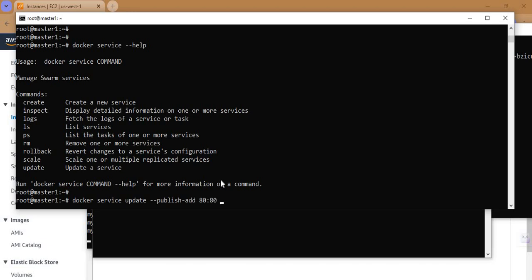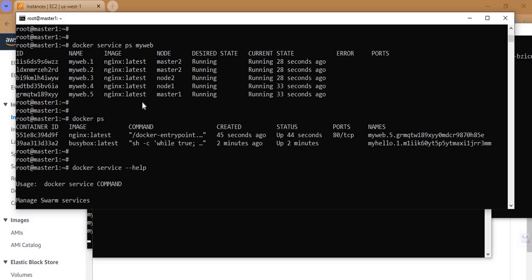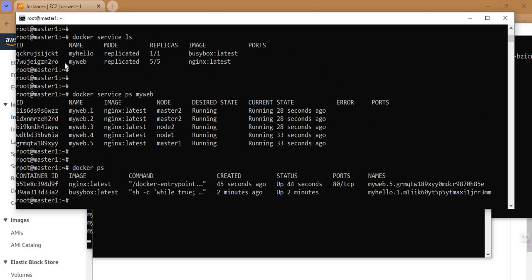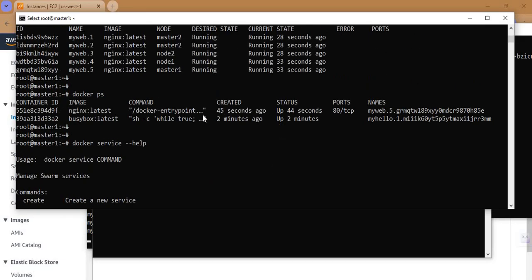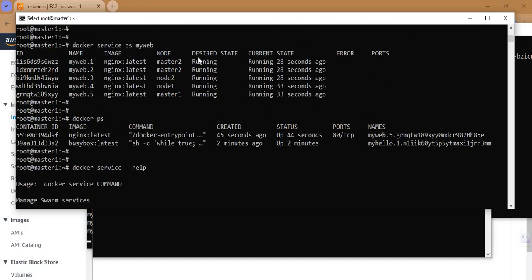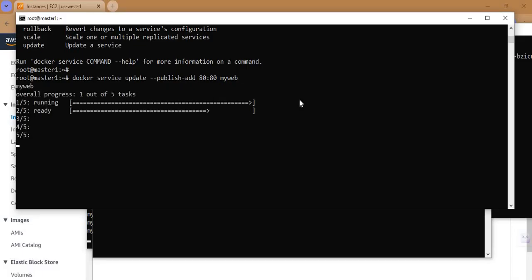I mean that whatever is running on port 80, just forward it to that, and my service name is my web. What it will do is remove the currently running ones. Okay, we will do it again. Let me update it. It is just checking,